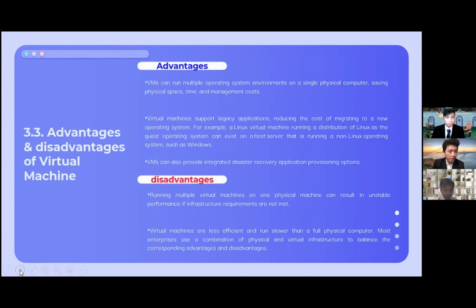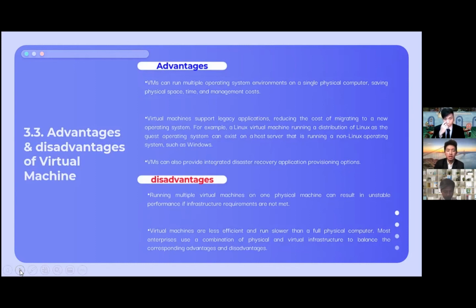Okay, in this slide, advantages and disadvantages of virtual machines. This slide explains that virtual machines bring several advantages. A virtual machine can run multiple operating system environments on a single physical computer, saving physical space, time, and management costs. And virtual machines support legacy applications, reducing the cost of migrating to a new operating system.